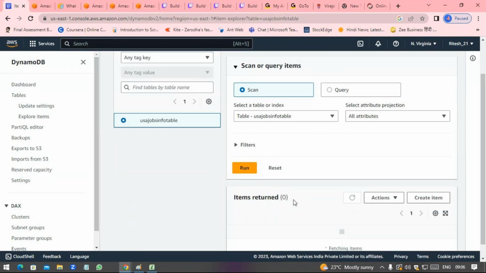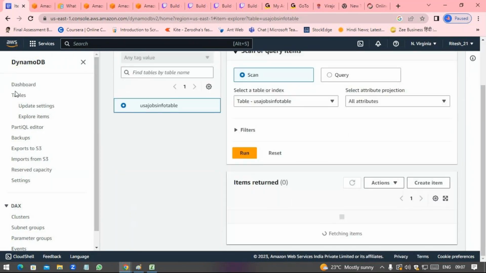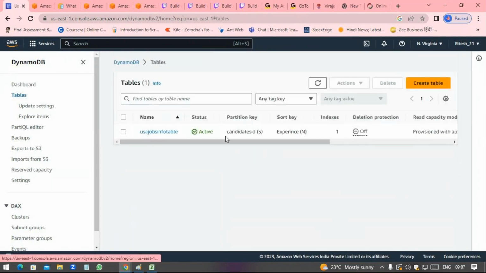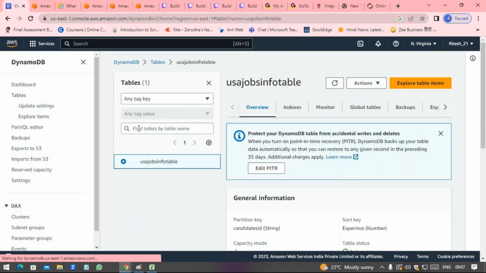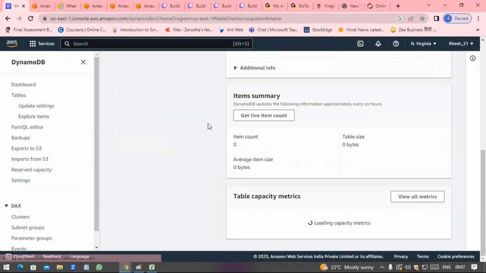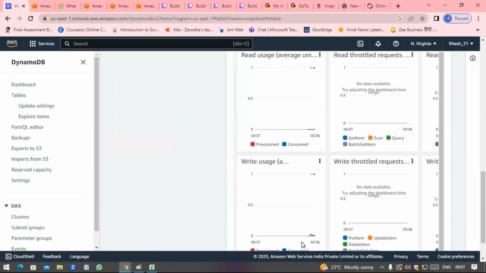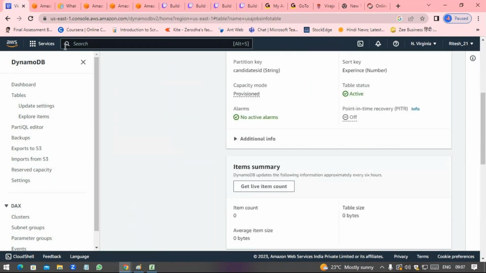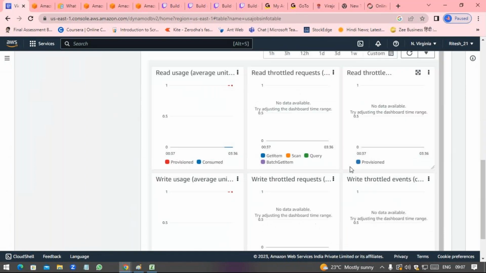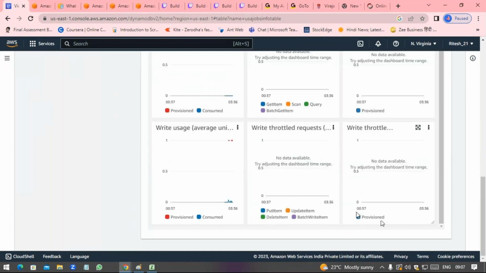Here you will do the changes, it will reflect from there also. So you can see here read, write, throughput. See here, write usage, the things are coming here also. Whatever the operations you are performing,